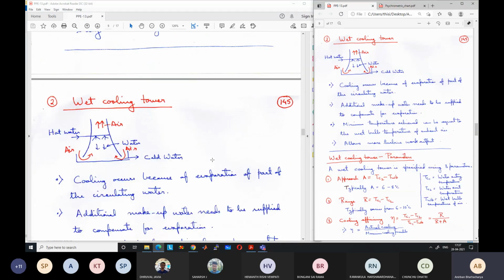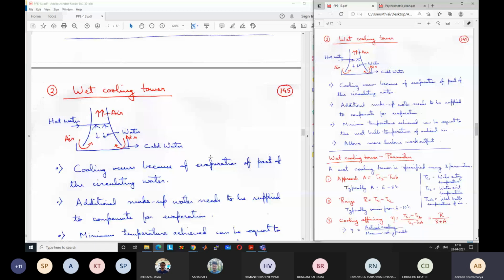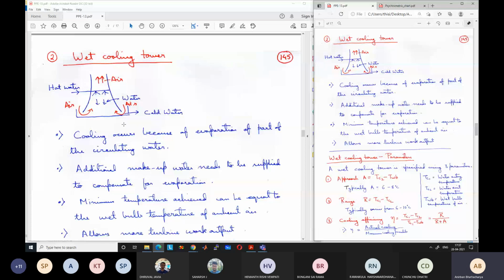But on the other hand, if we use the evaporation process as we had discussed in the previous class, we can go to a lower temperature as compared to the ambient temperature, because the evaporation takes up latent heat from the cooling water itself, so the water comes down to a lower temperature, and theoretically the minimum temperature that can be obtained is equal to the wet bulb temperature. Okay, wet bulb temperature you already know, and I have also discussed in the previous class. So what is wet bulb temperature?